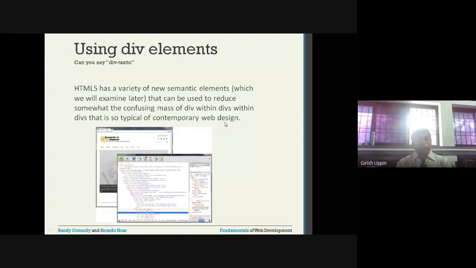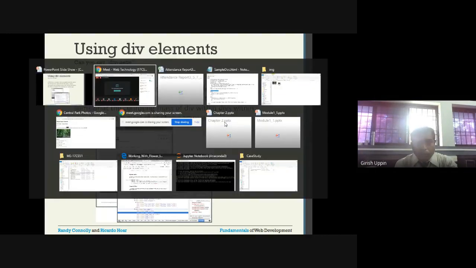If you have seen the code of any website, there will be a lot of divs used, like div inside div inside div. There will be so many divs and it becomes very confusing. But the div gives a good way of creating different sections. That's why developers tend to use so many divs. To identify the different divs, they provide an ID name or a class name for the div. So I will show you one example of how the divs are used.